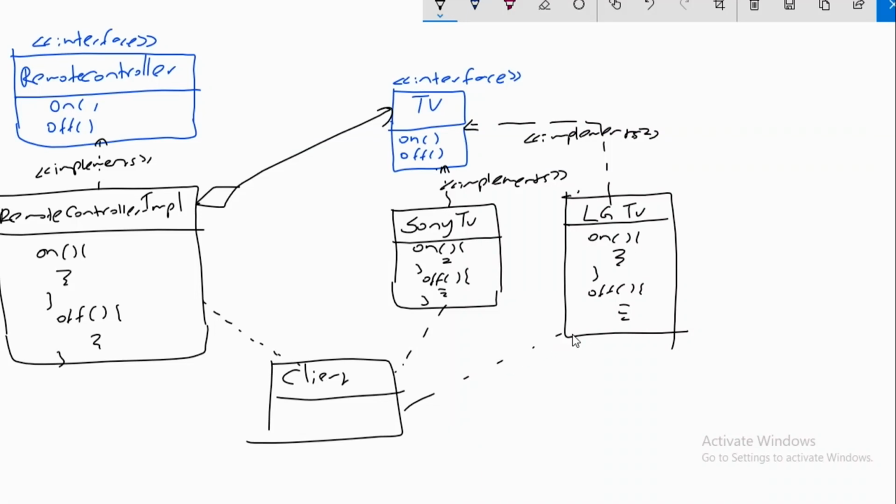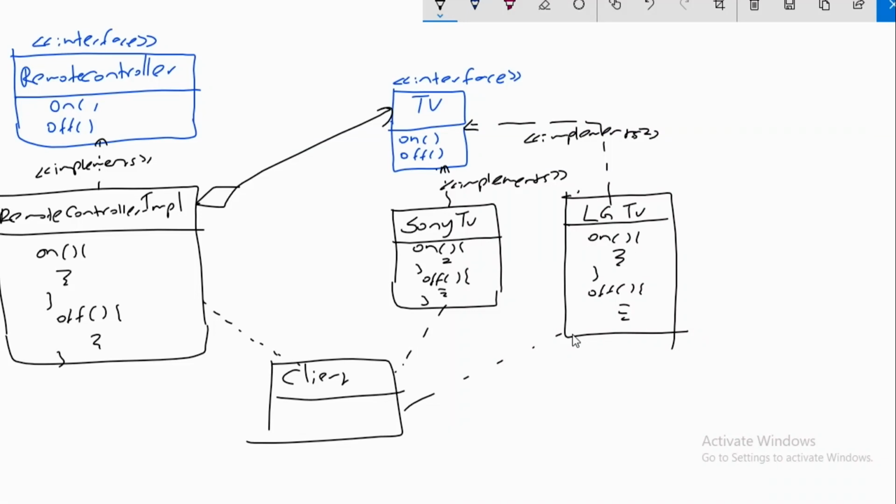So this is the initial plan we are going to sort out. We use one simple interface for the TV, and we call two separate TV objects within one remote control implementation. That's what the bridge is. I will explain first with the code, and then I will compare it with the command pattern, to see how it differs from the command.